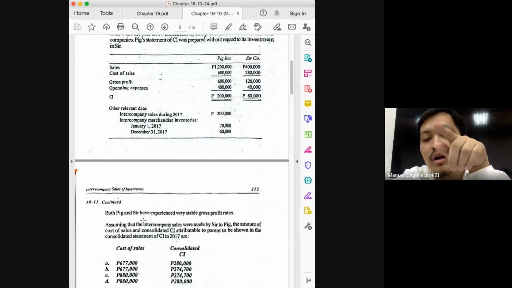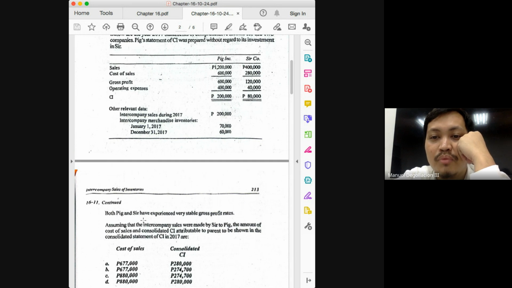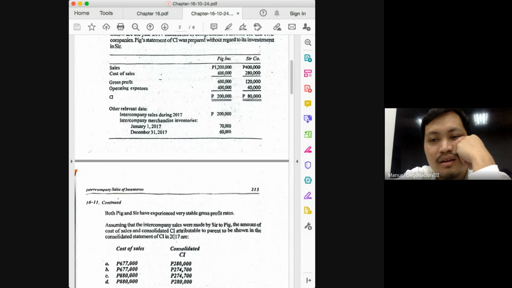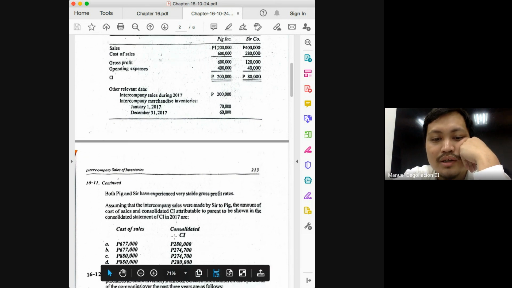I see now. Where did the choice get the 280, class? You just add the 280. Imagine the problem thinks that you will commit that kind of mistake, class. That is the only thing that you would do. You were asked for consolidated income, and what did you do? You just add the bottom line of the parent and you just added it with the bottom line of the subsidiary. I don't know anymore if you will answer 280, class. We can still forgive if you will answer 283. There's really no reason for you to answer 280 plus.